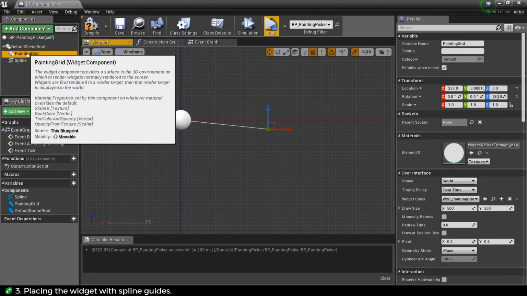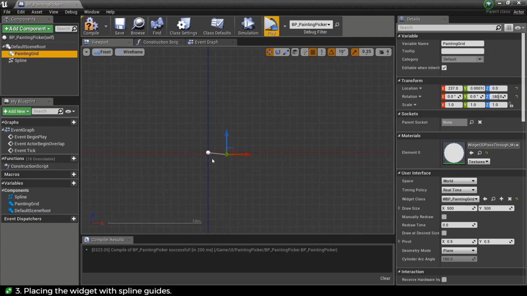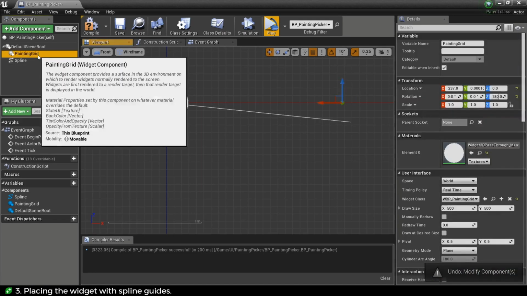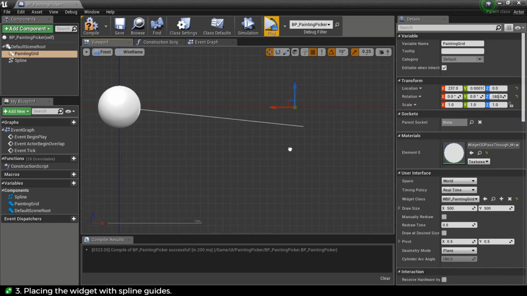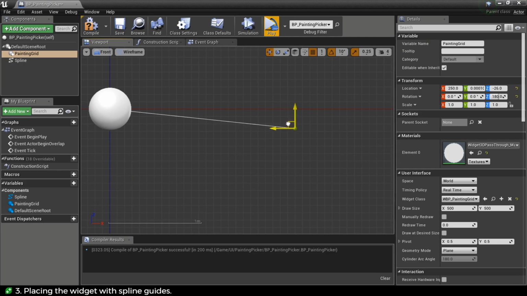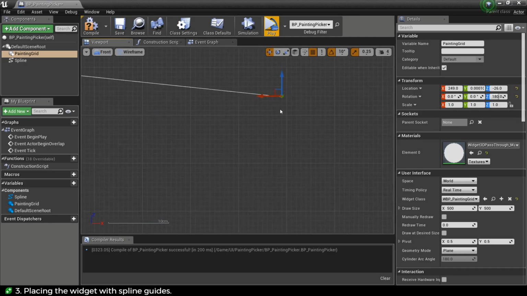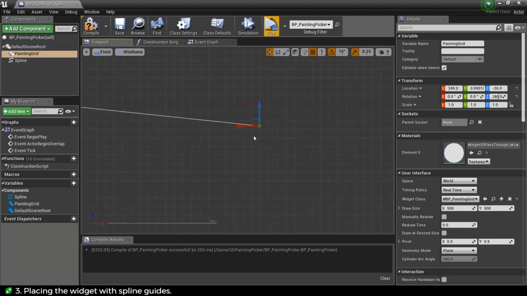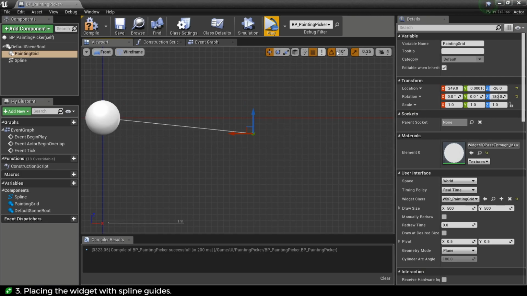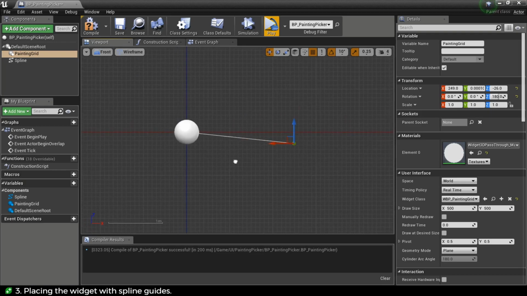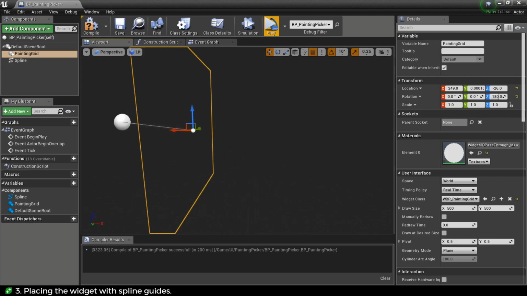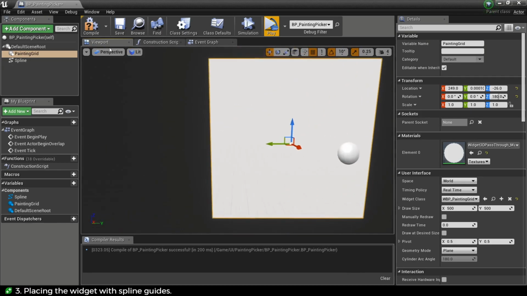Now if we select our painting grid, it seems to be almost located at the right location. No, it's not. Select our painting grid, it was still selecting the spline for some reason. And what we want to do is move it as carefully and as accurately as we can, but by eye, to the end of our spline. It's all right if it's just kind of 1 or 2 centimeters off. Remember, you can change your snap sizes if you need to get it more fine detailed. And that will have, basically, if we go back to our perspective view, placed our UI in the right place,